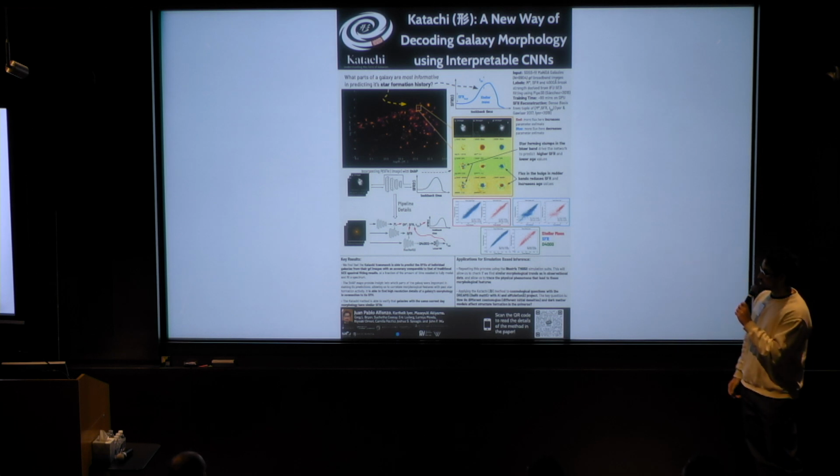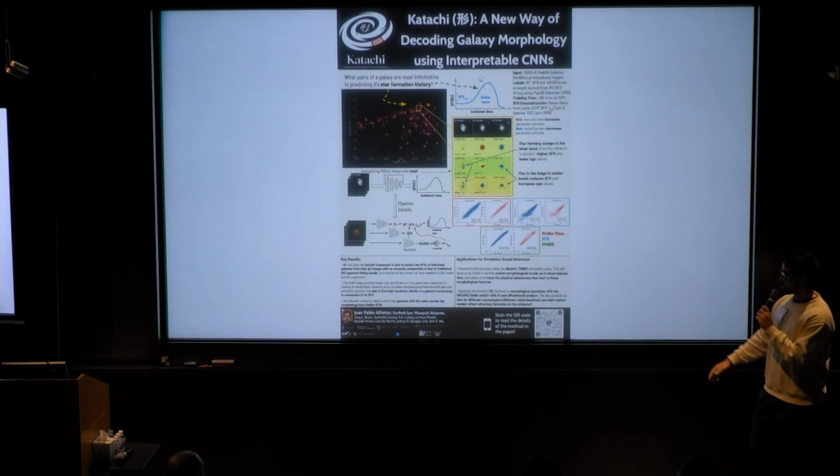We generate these heat maps using SHAP values that tell us which parts of the image are most important for making predictions. In other words, which morphological features are tied to which physical parameters. If you're interested in seeing the results of this, and also how I plan to use this in simulations to try to trace the physical phenomena that are causing these things, and also for cosmological-based simulations, please